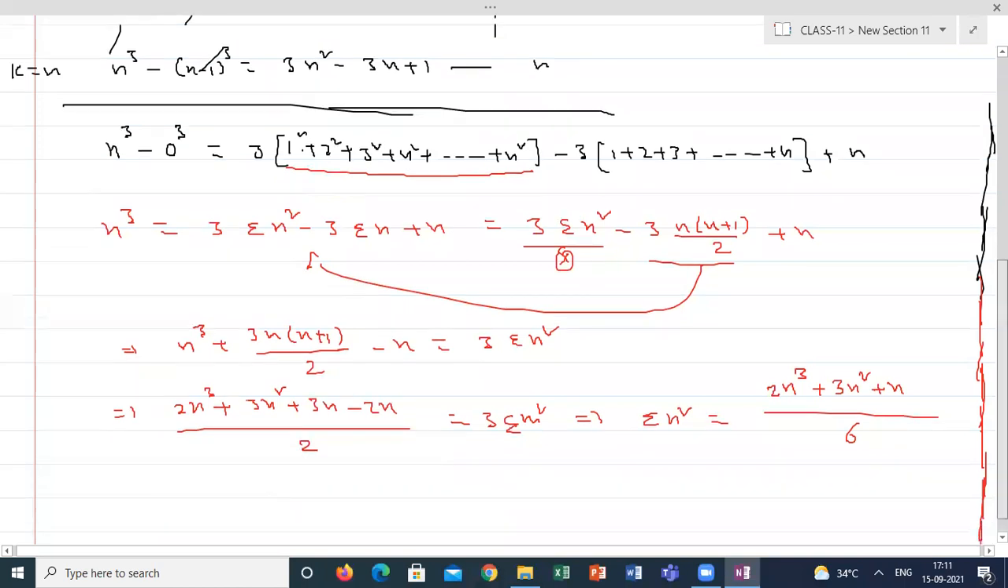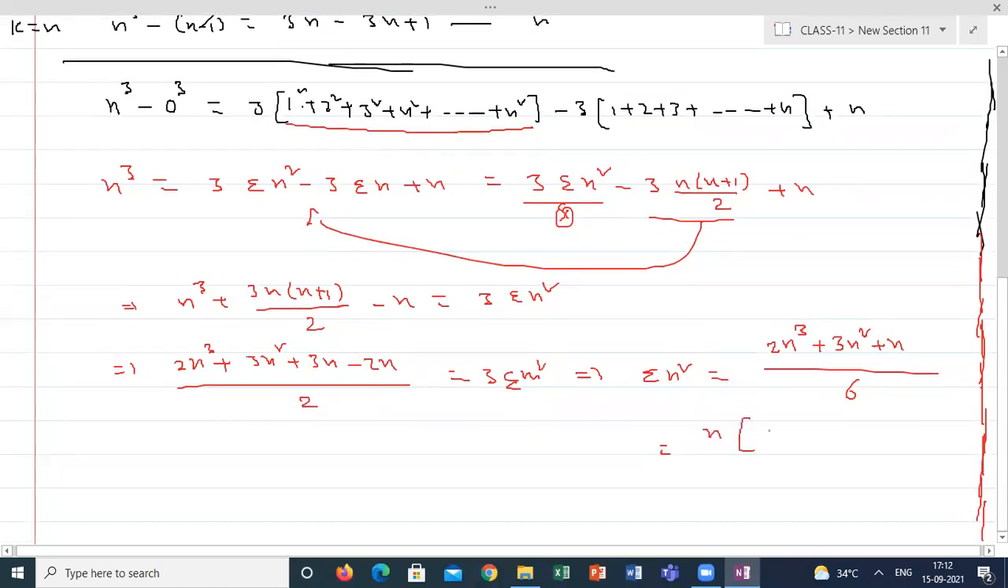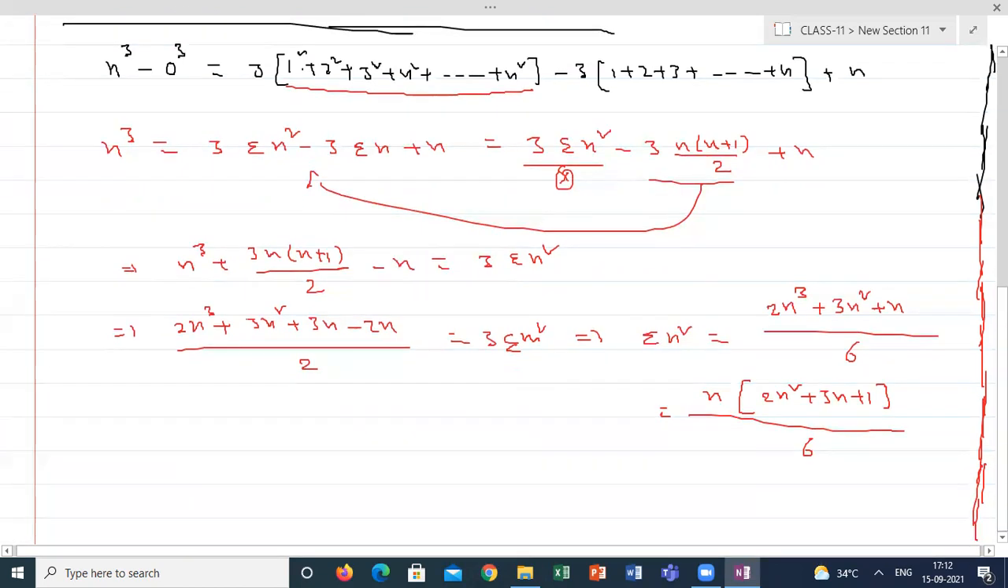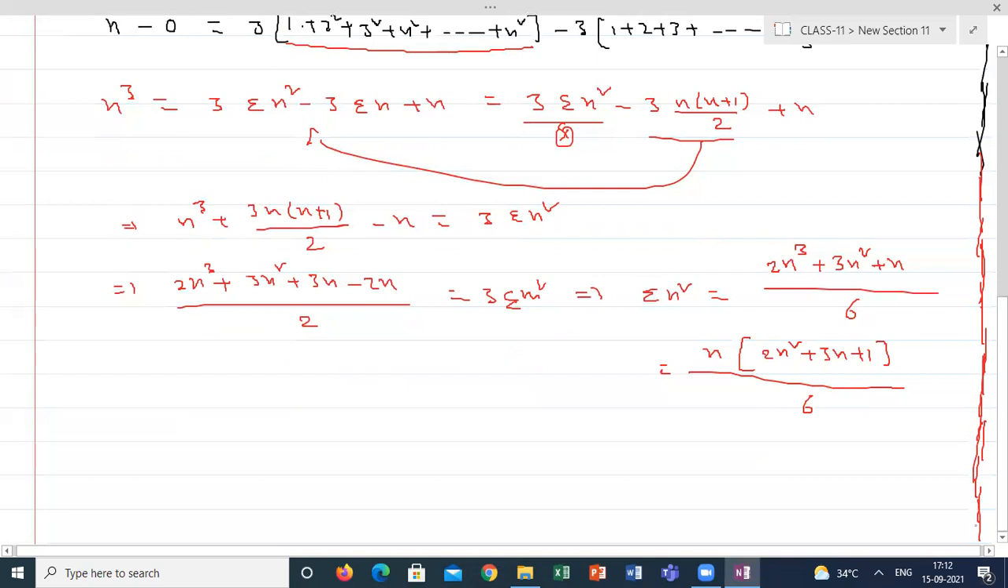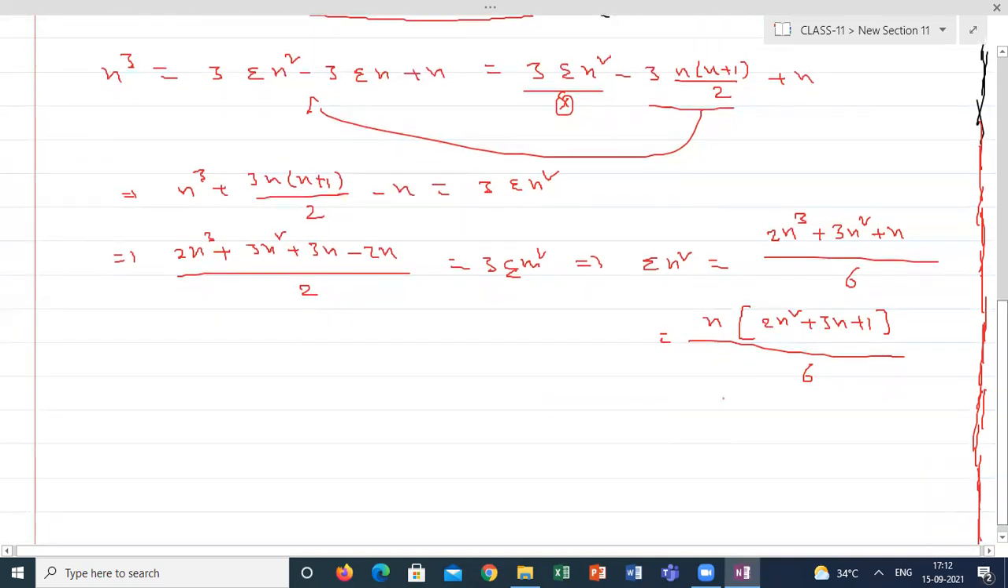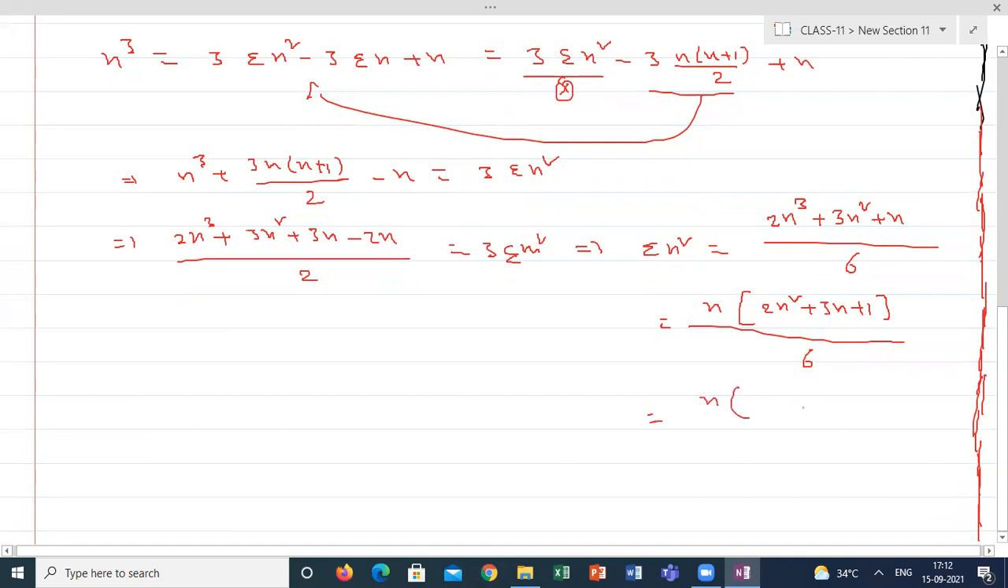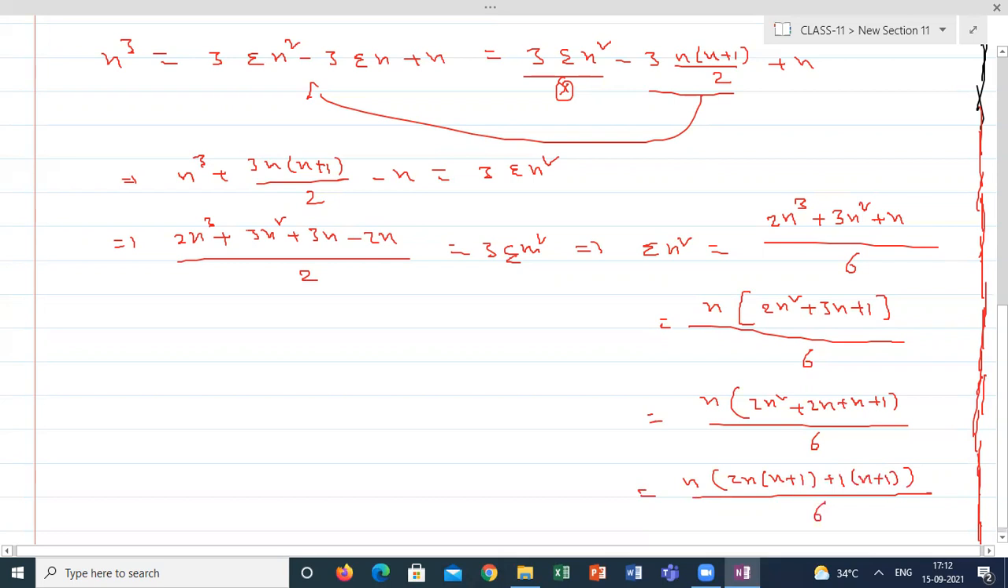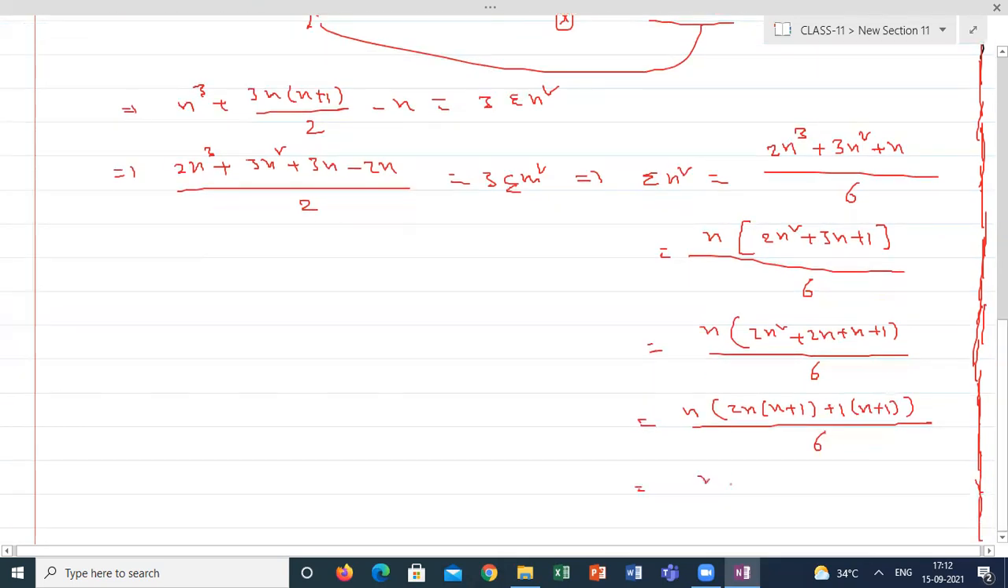To write it in the simplest form, I'm taking n common first. I will get n into (2n square plus 3n plus 1) divided by 6. Check whether this quadratic can be factorized or not. Yes, it can be factorized: n into (2n square plus 2n plus n plus 1) by 6. Taking 2n common and 1 common gives n into (n plus 1) into (2n plus 1) by 6, which will be equal to